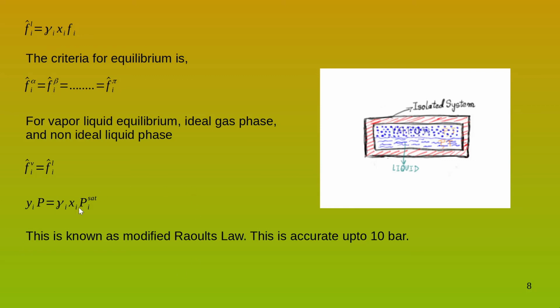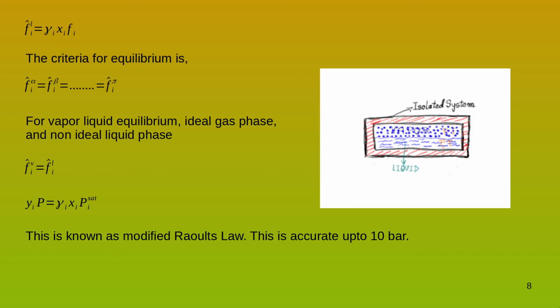Now, what are non-ideal solutions? Non-ideal solutions are solutions which are made by mixing polar components. When the individual molecules are highly polar, then we have a non-ideal mixture. Ethanol, water, well, it would be a non-ideal mixture. Ethanol, methanol, water, a non-ideal mixture. Water, H2SO4, it's a non-ideal mixture. It's a highly non-ideal mixture because H2SO4 is highly polar in nature.